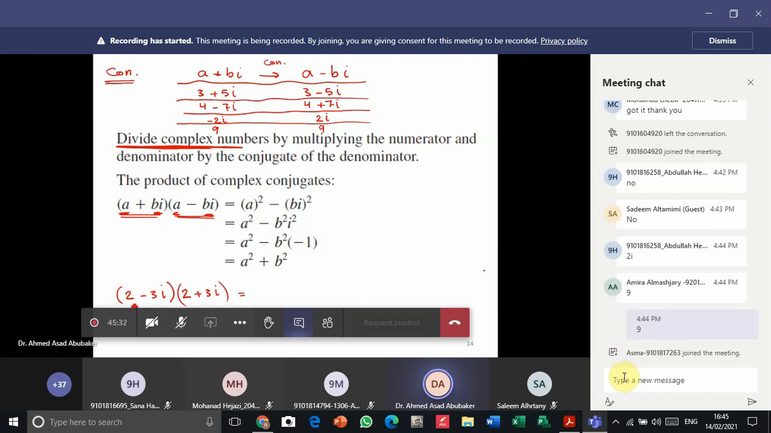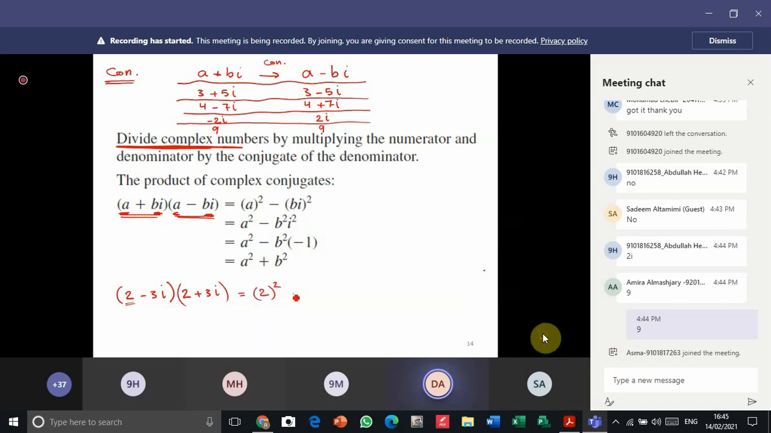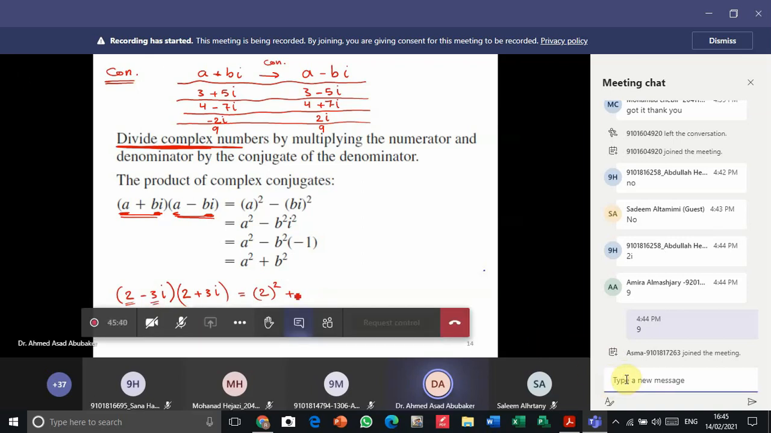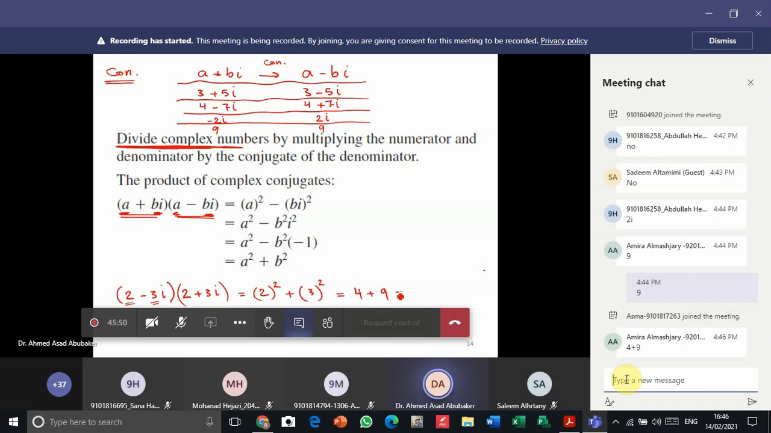This equals the first square plus, always plus, the second square: 3 squared, or negative 3 squared, this is positive. Okay, so we have 4 plus 9 equals 13. Okay,